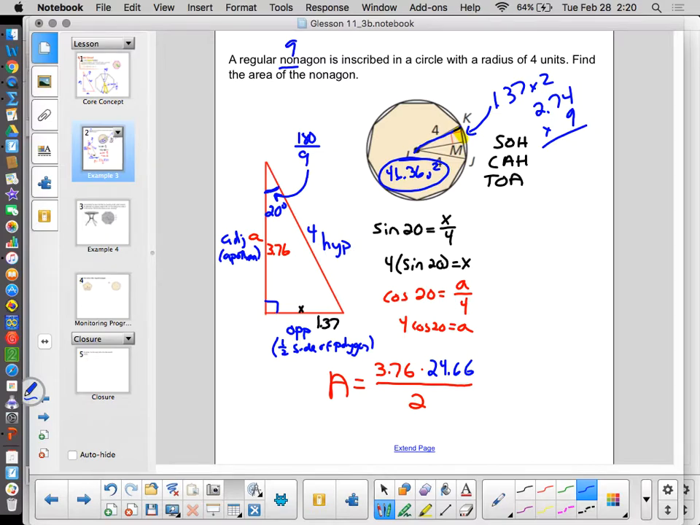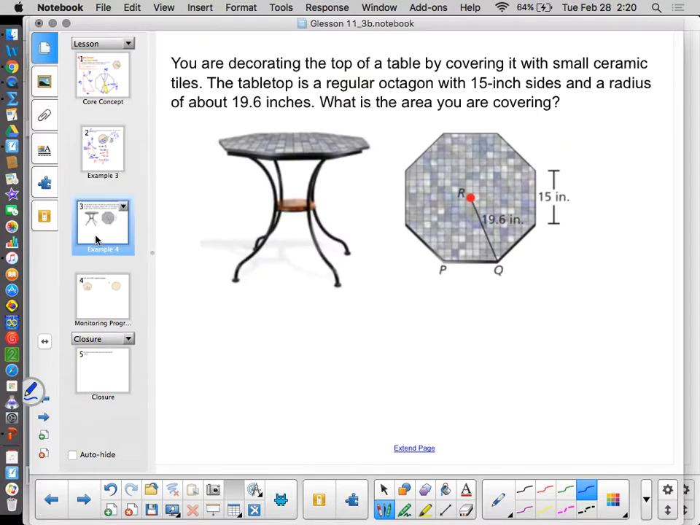We're going to repeat this procedure a couple more times in practice, because that's really all we're doing today. Now, again, this angle, the 20 degrees, is going to change depending on our number of sides, but the setup really doesn't. Here I have a table as an octagon. The sides are each 15 inches long, and the radius of the table is 19.6 inches. Find the area of